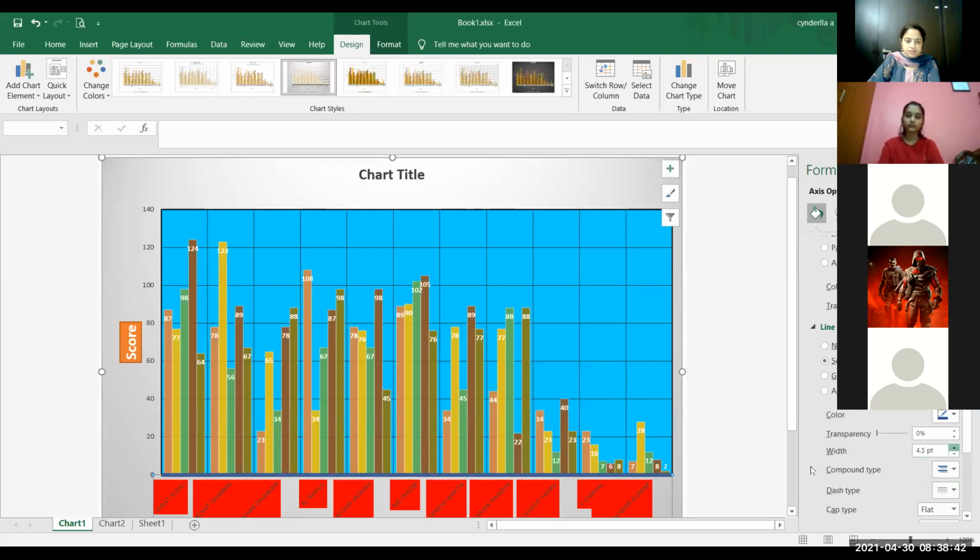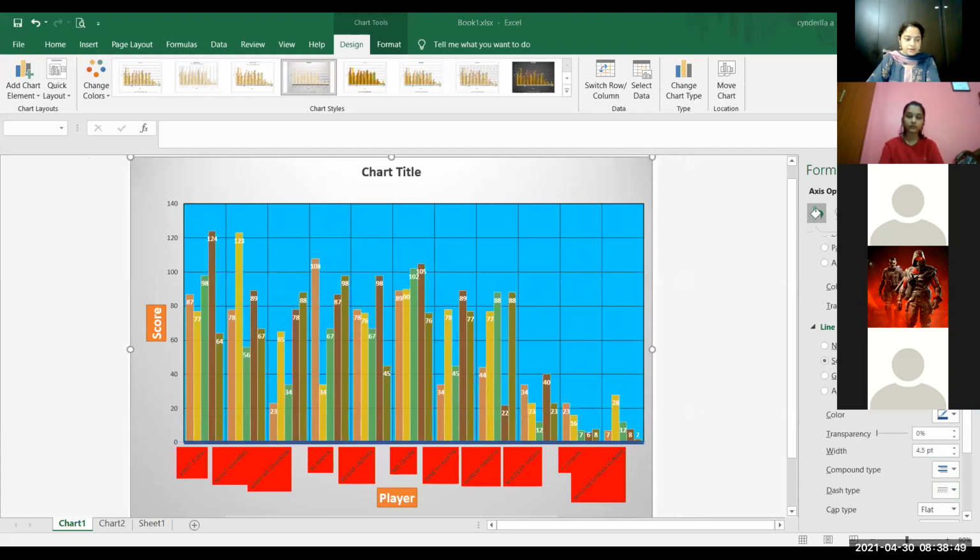See, the line width. जो axis आपका blue color में आ रहा है, that is it visible? Blue color में आपको axis visible हो रहा है?